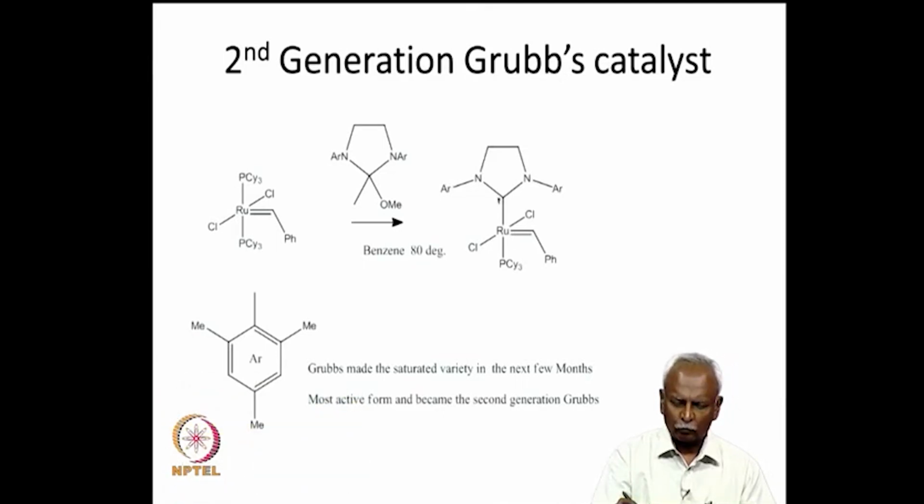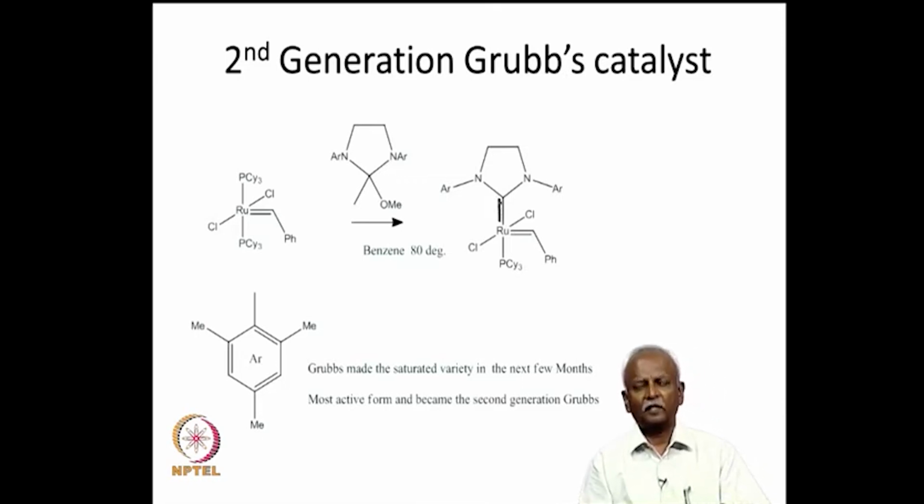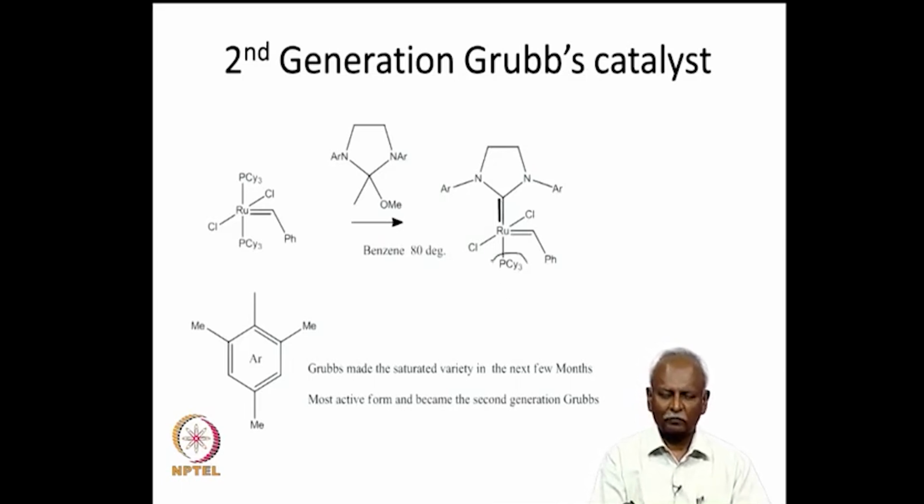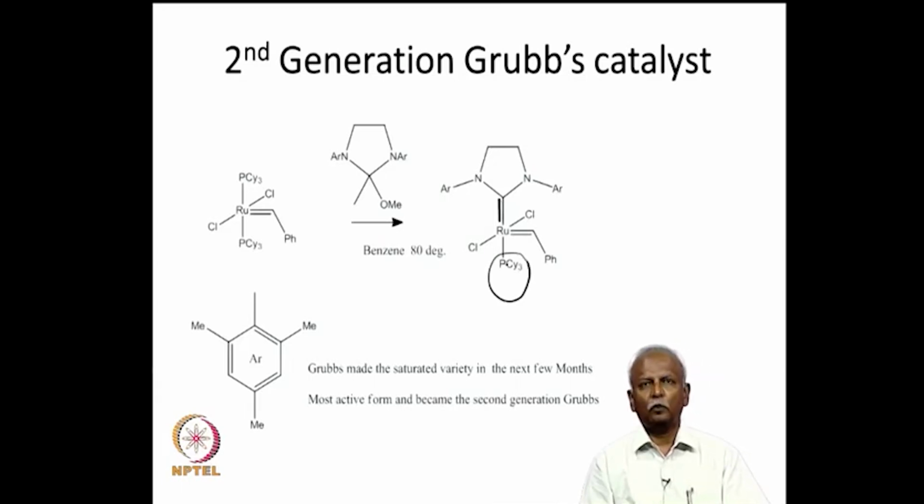And in fact, for the sake of our understanding, we will convert that single bond into a double bond, because we normally talk of this as a carbene, and the carbene coordination to the ruthenium is the one that promotes the reactivity of this center. During the course of this reaction, it is usually PCy3 which leaves and generates a vacant coordination site on the